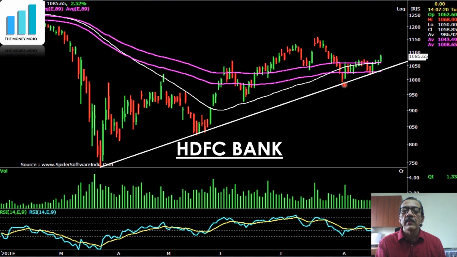So now it has come back to the trend line support here. This is the trend line which I've already drawn, and it has come and taken support here. I will still probably not buy it here because I am waiting for this entire confluence to happen. Now HDFC Bank has broken above this high. At the same time, it has taken support at this trend line. It is now above both the 50-day moving average and the 89-day moving average high-low band.